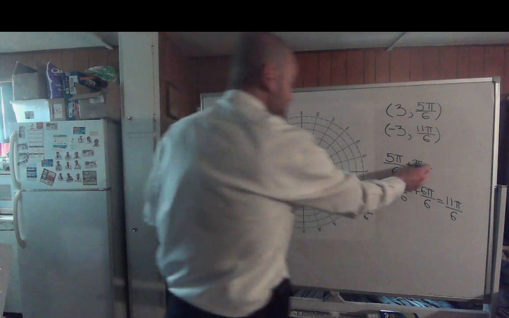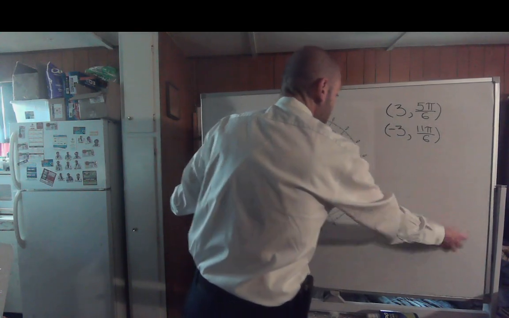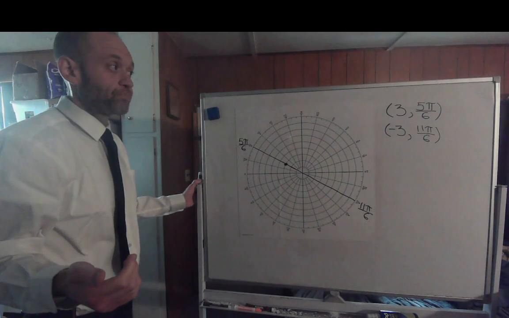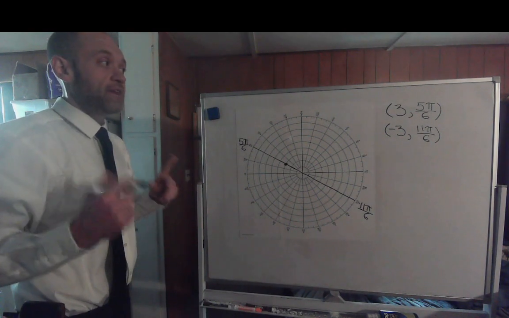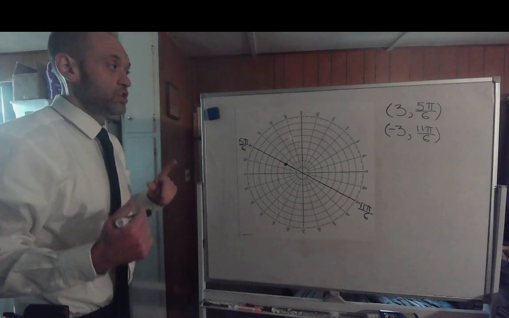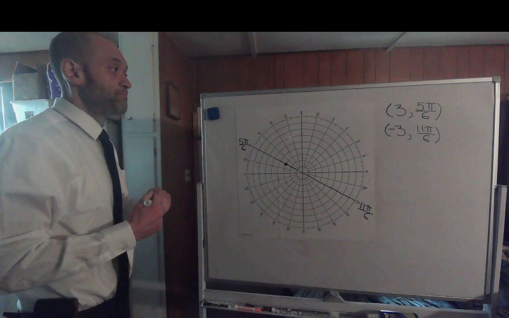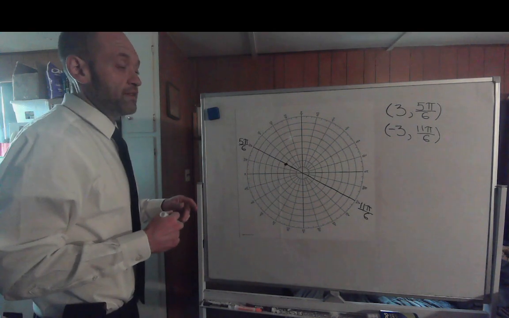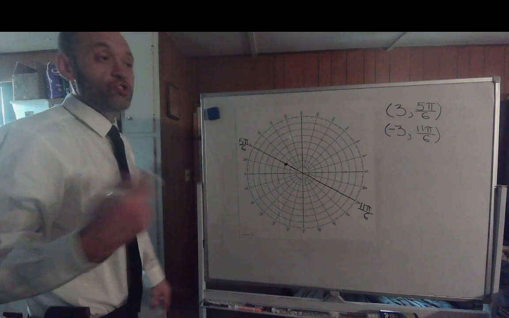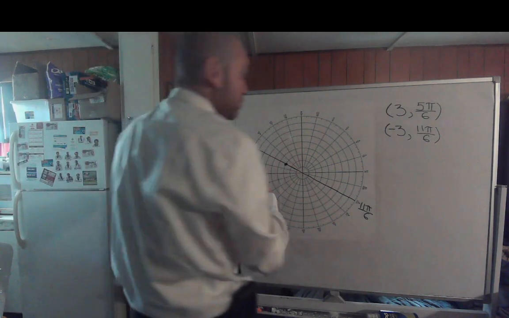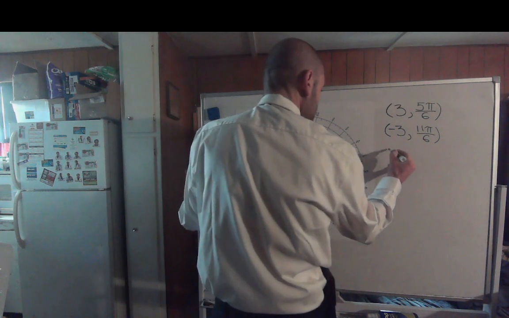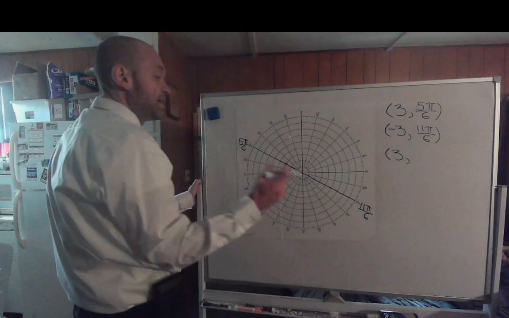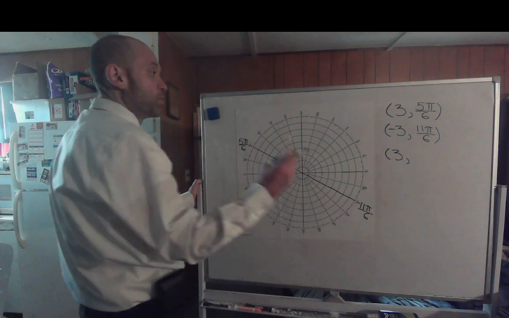Now, we also know that sometimes your theta is going to be negative. You can have a negative equivalent to theta. So how do you find the negative angle? You just subtract 2 pi from your current angle, right? So I'm going to keep my r positive, but I want to find a negative angle equivalent for 5 pi